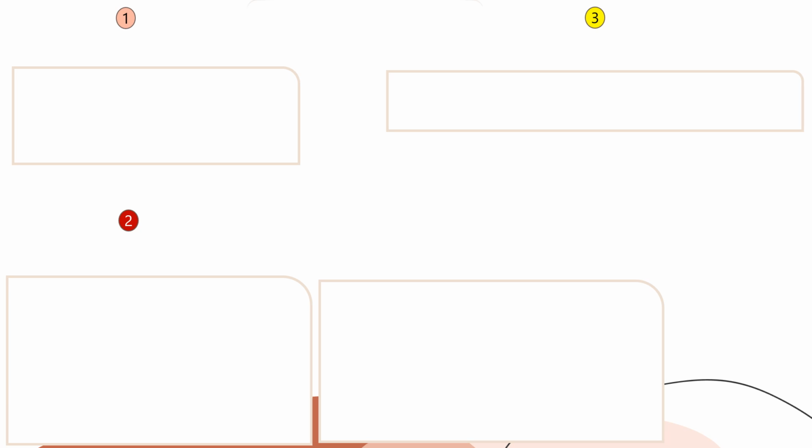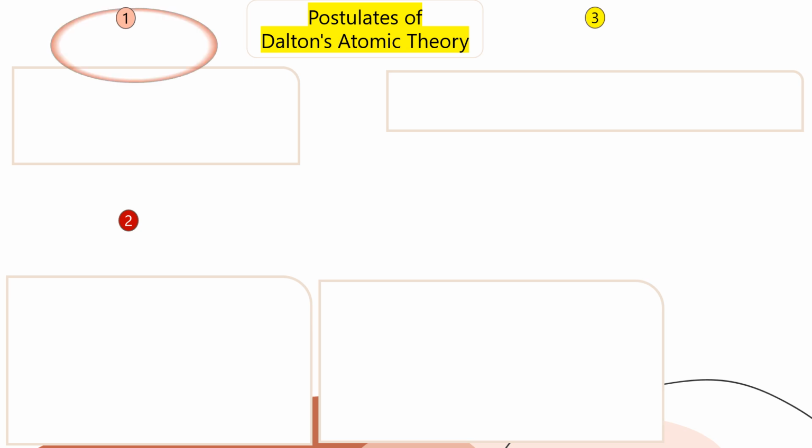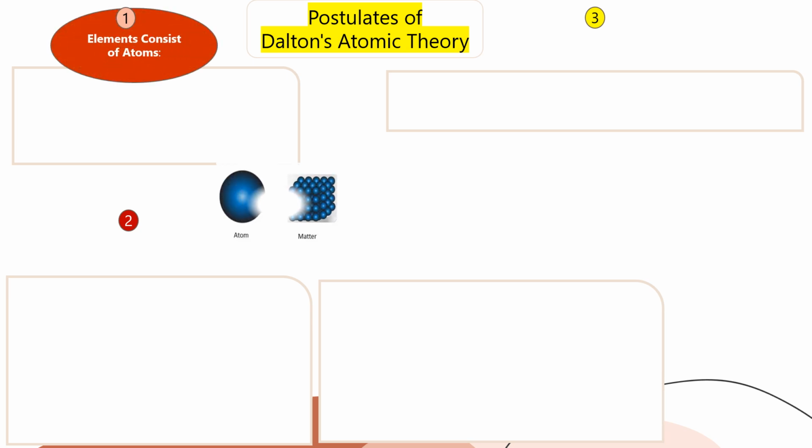The atomic theory of matter was first proposed on a firm scientific basis by John Dalton. He was a British school teacher. In 1808, he presented his atomic theory, which was a turning point in the study of matter. In his theory, he stated that elements consist of atoms. So, all matter is made of very tiny particles called atoms which participate in chemical reactions.